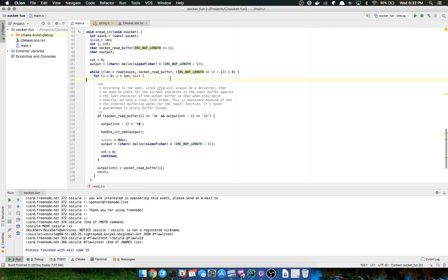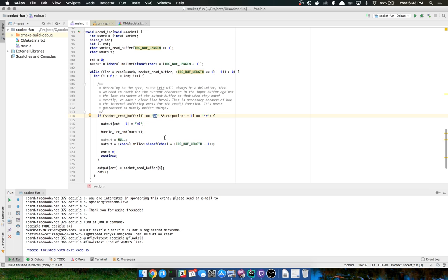According to the spec for IRC, what we're looking for is a terminating carriage return. So it starts with a \r and then a \n immediately following that. And that's what denotes a command or a line coming from the server, or going to the server for that matter.